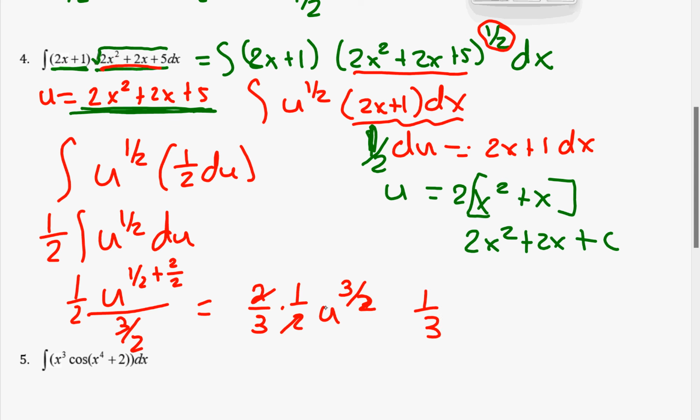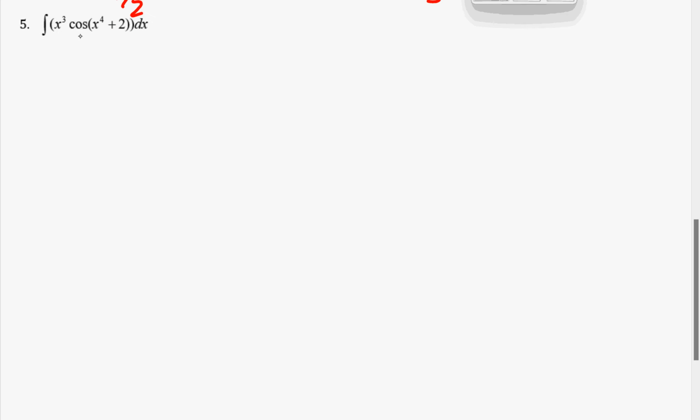Now I can plug my u back in, which was 2x squared plus 2x plus 5. And that's raised to the 3/2. And then again, since I don't have an a and b here, I can go ahead and just add c at the end. Okay. Okay, number 4 here, again, I'm taking a function x cubed and I'm timesing that by